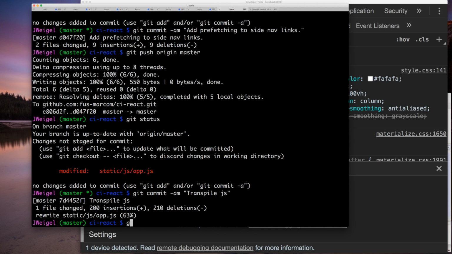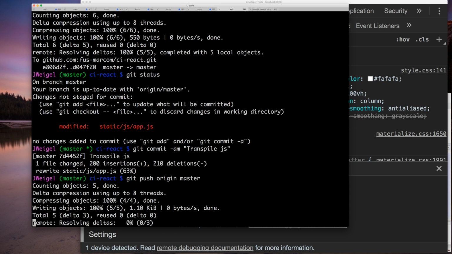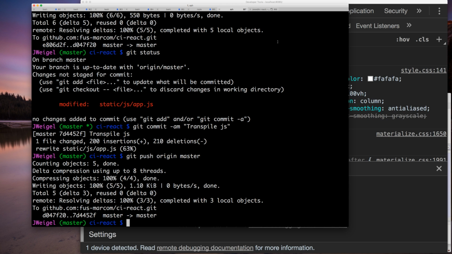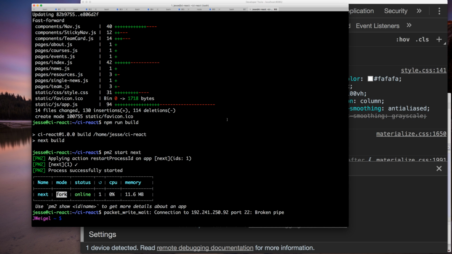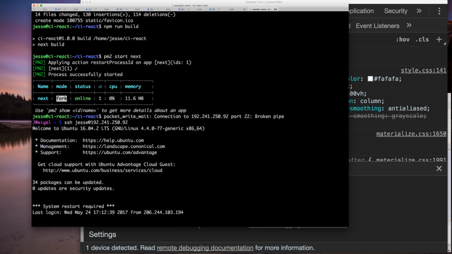So we're just going to transpile. We're going to push that to GitHub, and then let's go back here. I've just used SSH to go into the server on DigitalOcean, and now I'm in. So you see it looks different. I have username Jesse. Now we're going to go into our folder,